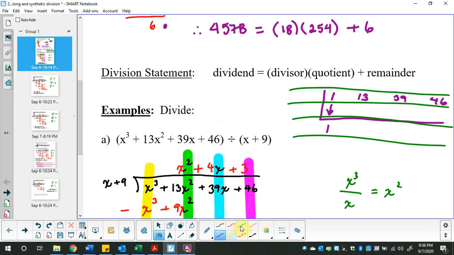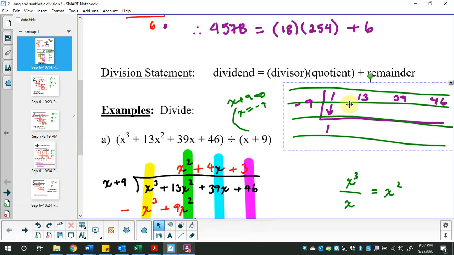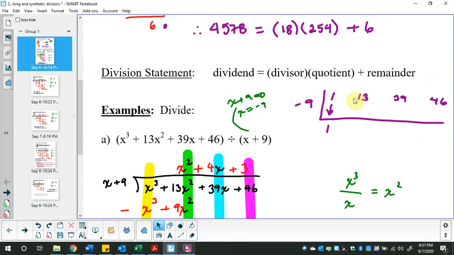And then finally, you take x plus 9, you equal it to 0, you solve, and that number goes anywhere out here that you like, that you can fit it. So now I am going to take that stuff and get rid of it. So the process is, multiply, add, multiply, add, multiply, add, until you are out of numbers. So you multiply the number out front by the number beneath, put the answer in here,